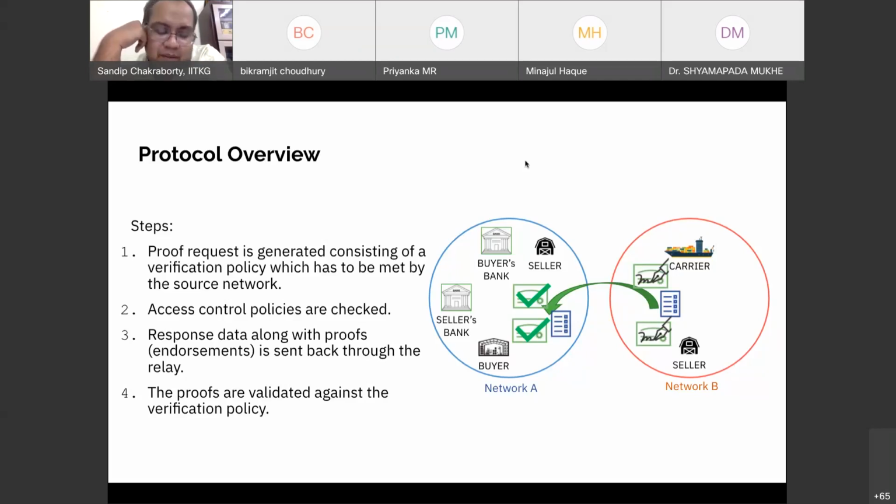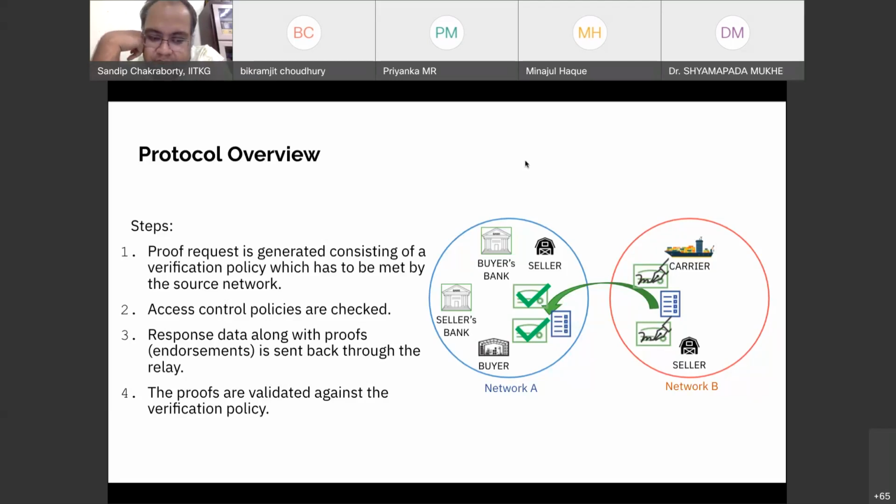Say, for example, I am a part of one network, and the blockchain application that I am running in my machine has a relay service. Now, if I want to transfer certain information to another blockchain network, I need to take help of the instance of the relay service which is running in my machine, and send the information through.